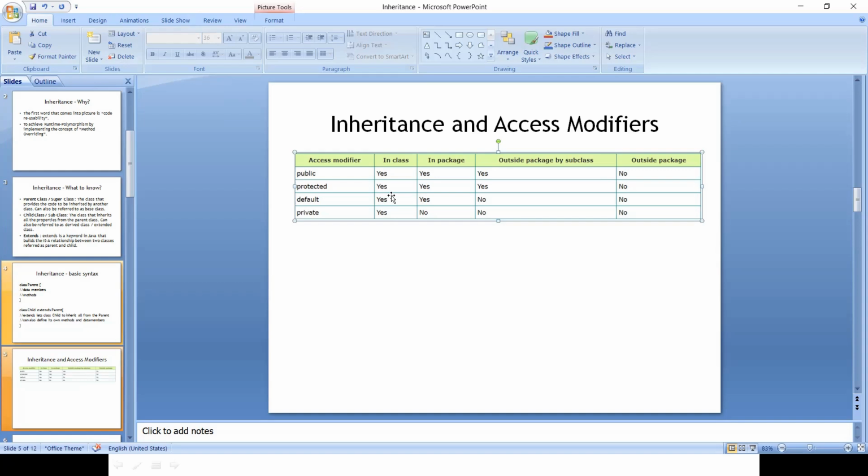So it says yes for in class and in package, but even with extends it won't allow, because the access modifier of the parent class is default, and outside the package it is also no. For private, it only allows you to access within the class and not even within the package. Extends doesn't work, and outside the package also doesn't work.